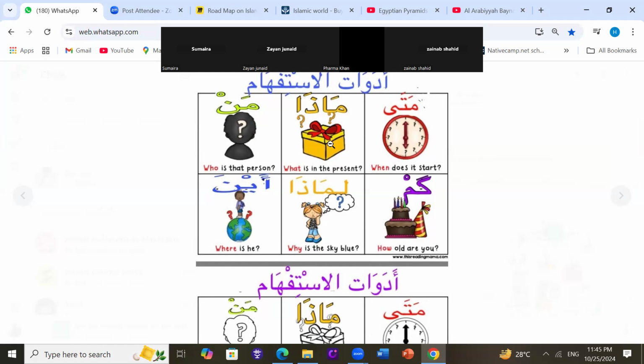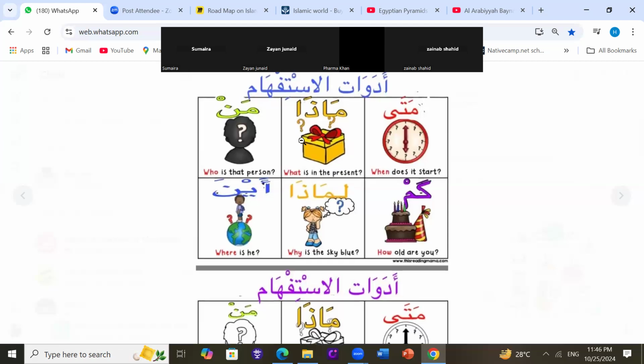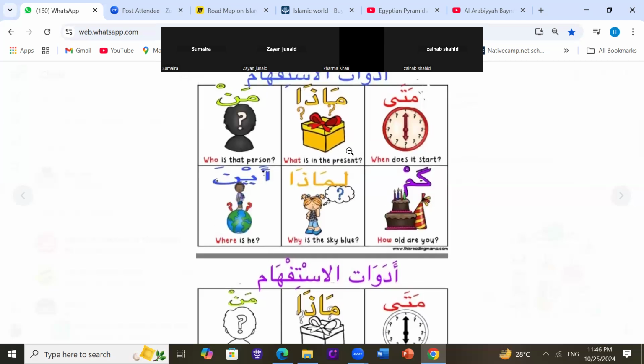But maza we use when we want to use a verb or when we want to know something randomly, like what is the present. Here they are asking. But ma is always used for ism. Ma ismuka, ma